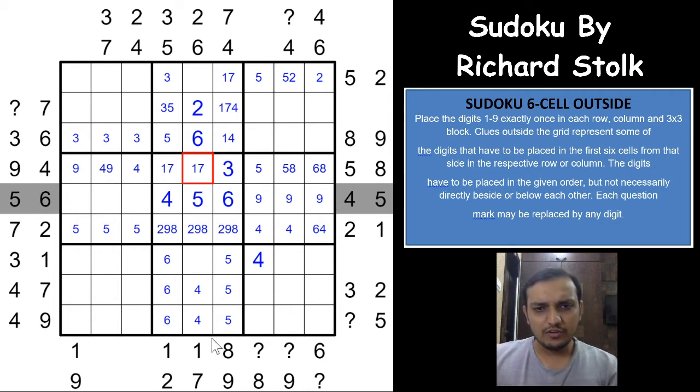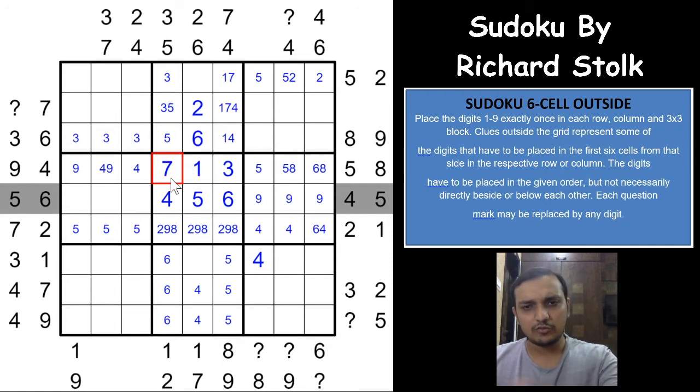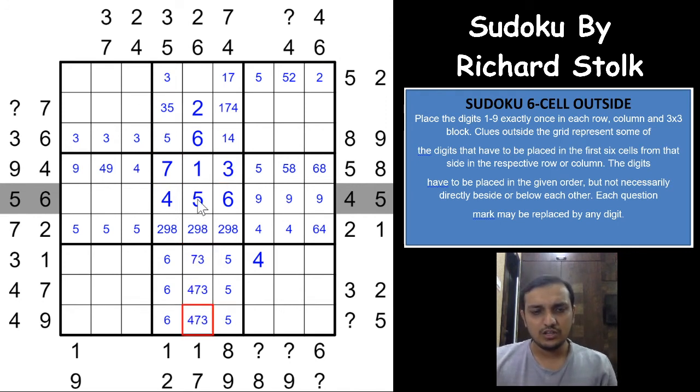Okay, so you have a 1 and 7 here. Can you have a 7 here? Because if you have a 7 here, you need to have 1 after the 7, which is not possible. So this would have to be a 1, and this would have to be a 7. And before the 7 you need a 1 here, which means that before the 1 you need a 7 here, so these 3 cells would have to be 7. And 3 and 3 here will give you a 3 here, so you get a 3, 4, 7 triplet here.